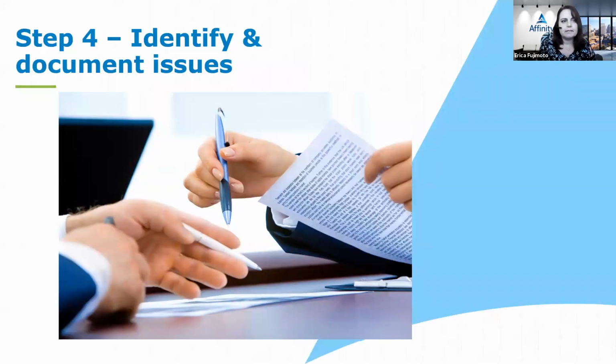Step 4 is to identify and document your issues. So you already started doing this before you mapped out the process, and so you should continue it as you're going through the process of mapping, and make sure that you document every issue you find as soon as you identify it. Write it down somewhere, because I promise you, you will not remember, even if you think you will. There are so many times that we've forgotten, oh, we thought we would fix that later and we just didn't.